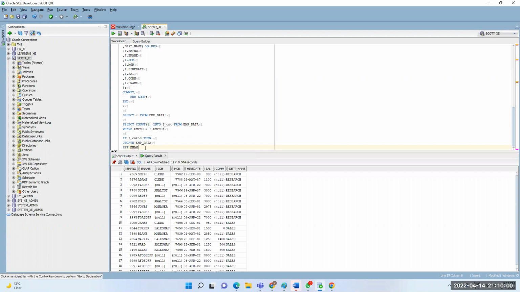I'm updating ename only. Okay, ename equal to I dot ename where emp number equal to I dot emp number. Okay, this is the condition.